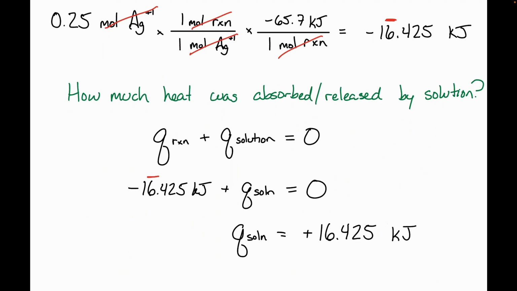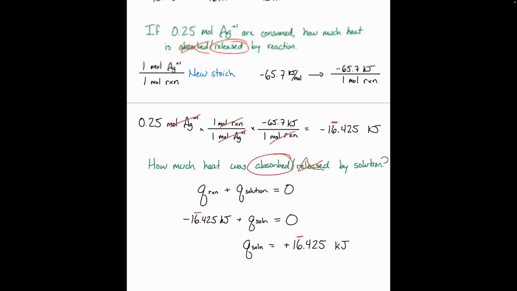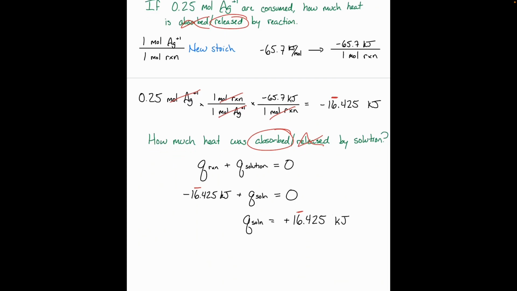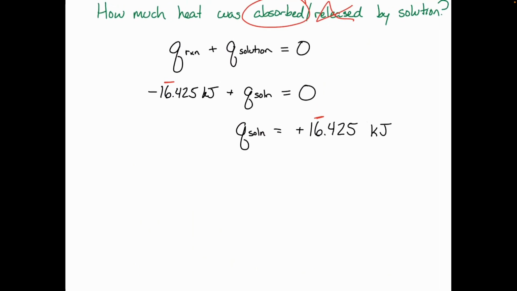All right, and again, I can keep my sig fig marked here. So then did my solution absorb or release heat? It absorbed heat. Where did that heat come from? That was the heat that was released by that chemical reaction, right? So those silver ions combine with those chloride ions, and when they form that solid silver chloride, they release heat. Where does that heat go? It goes into that surrounding solution. All right? So now we can take this one step further here using our calorimetry equation.